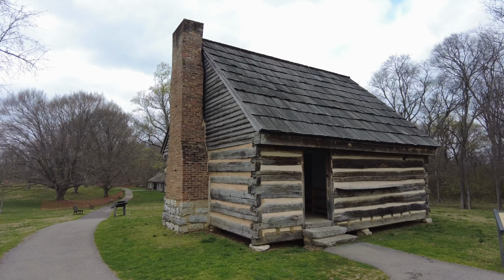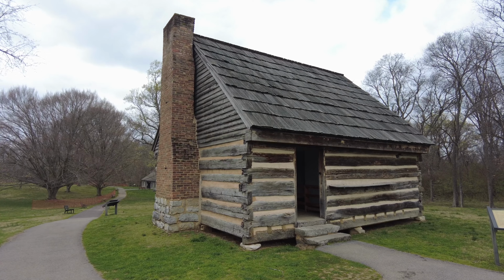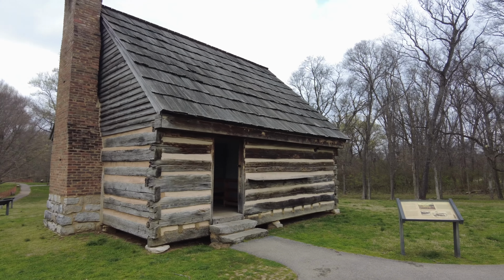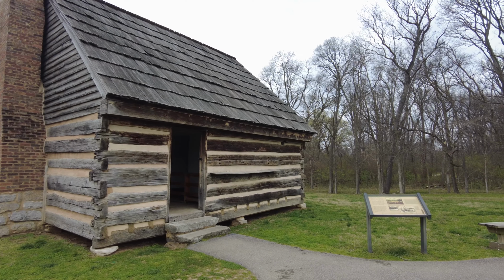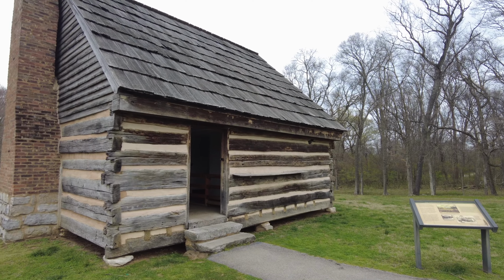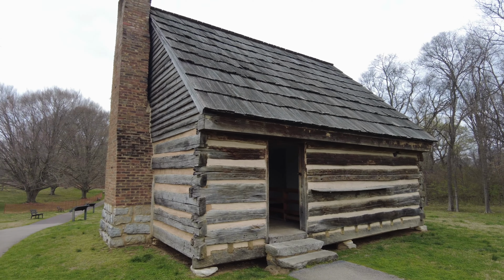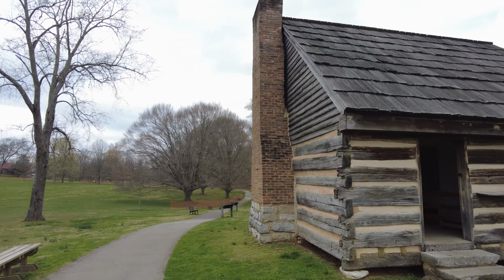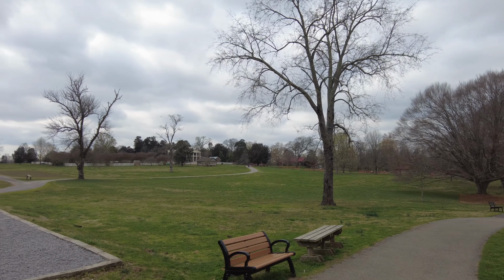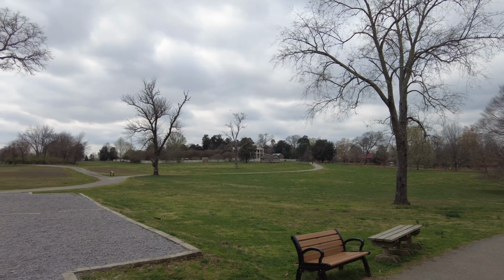So I'm going to give you a tour of what I can, and behind me is Jackson's first home on the property. This is the original house that Jackson had on the plantation. The first floor has been taken out and the second floor lowered and turned into slave quarters. That's very unusual. Then they moved a distance away, and you can see the Hermitage over there